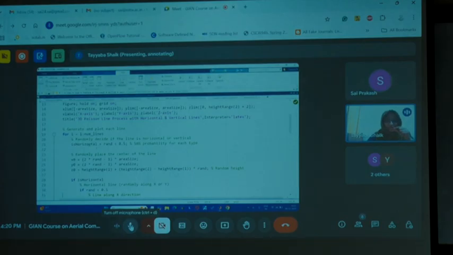We have initiated this area size with 3, and we are assuming the height range is from 2 to 8. You can always